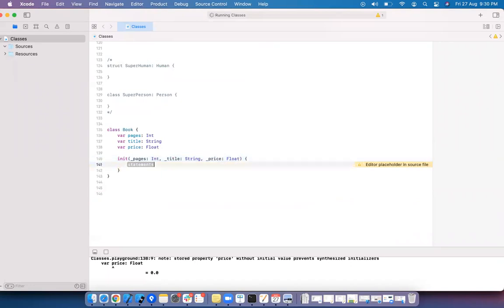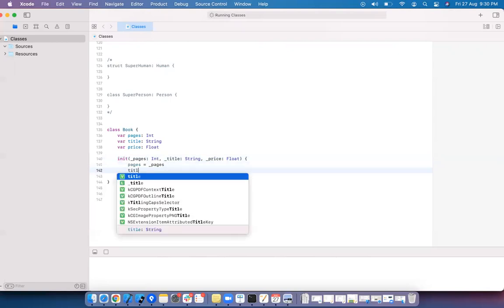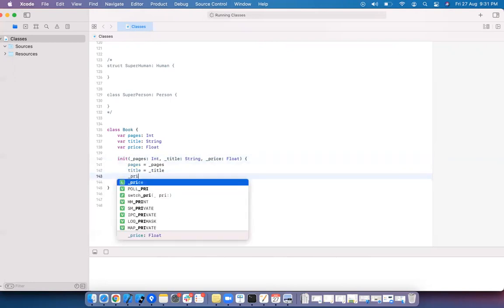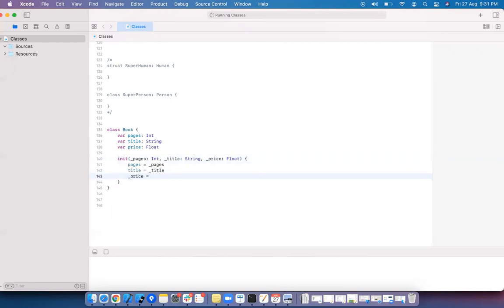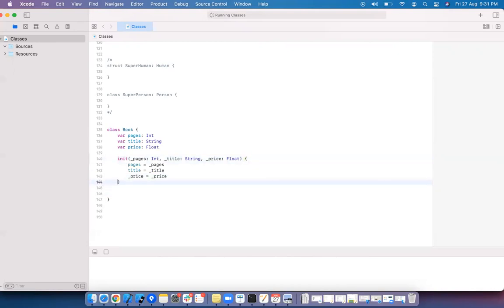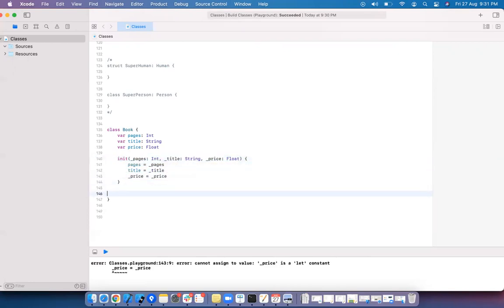Just to differentiate, most of the time you use the same name and use self. Self dot pages equal to underscore pages, title equal to underscore title, price equal to underscore price. This is a default initializer. This is a custom initializer actually. This is an initializer, simply an initializer.